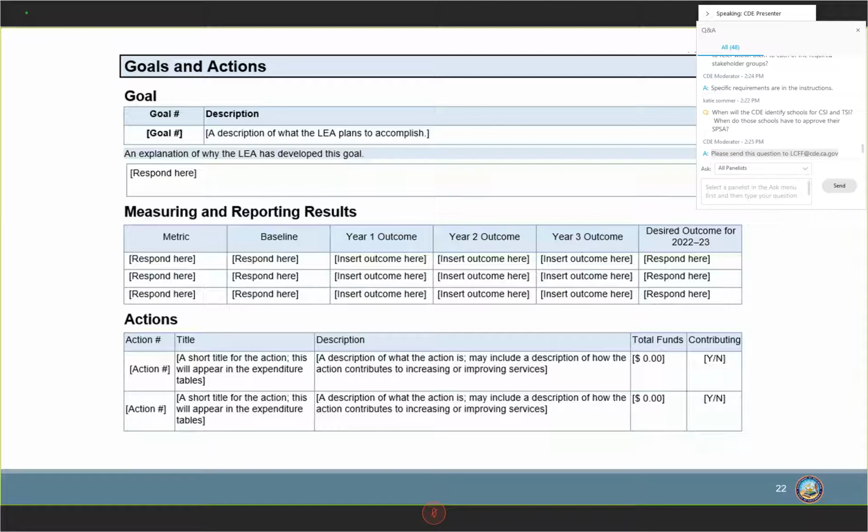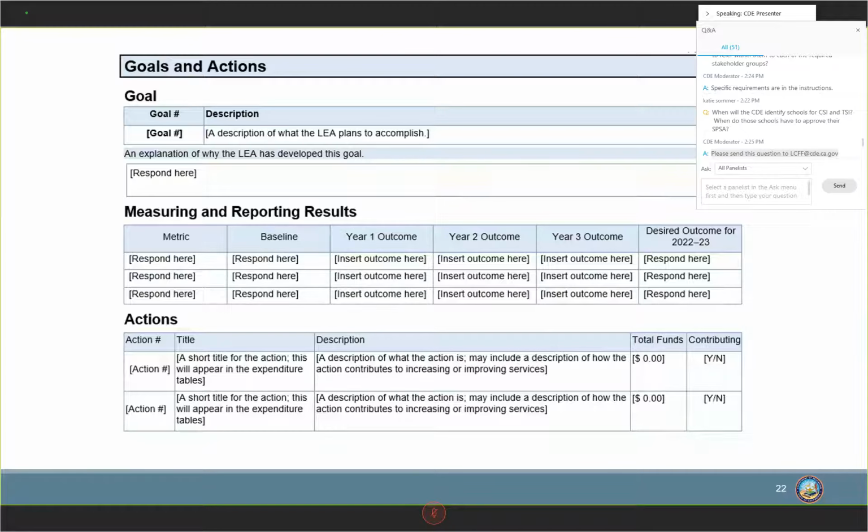There was a question earlier about the metrics. The required metrics haven't changed. The required metrics are essentially all the different metrics included in the 8 or 10 state priorities that are in statute. It's 52060 subsection D for the first 8, and then there are 2 more for county offices, 9 and 10. But the required metrics are still the same.